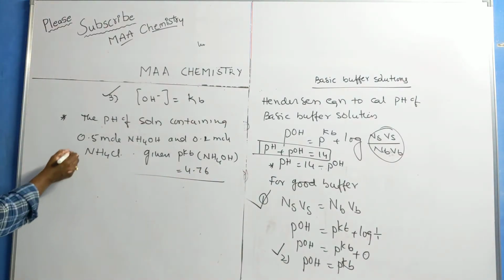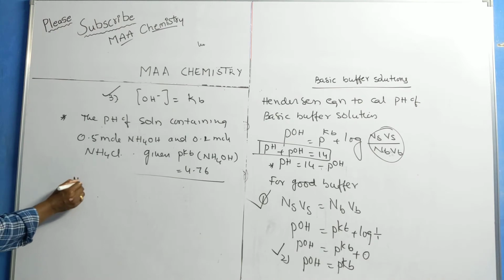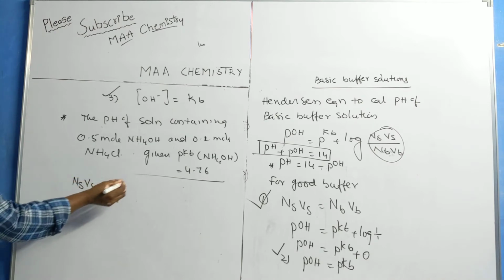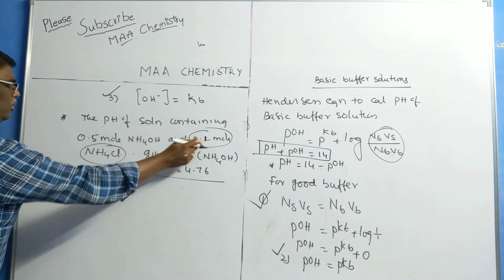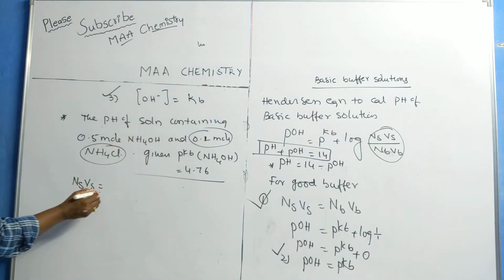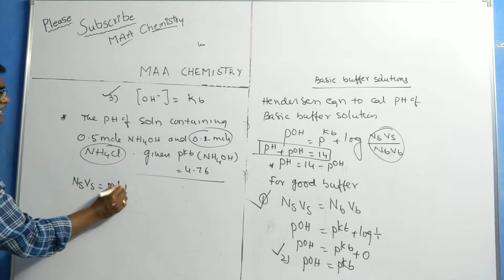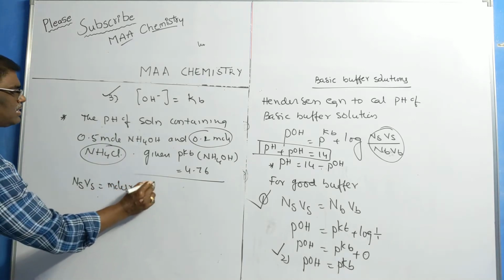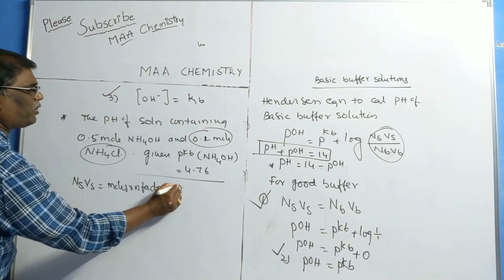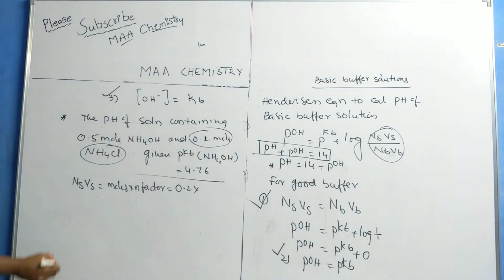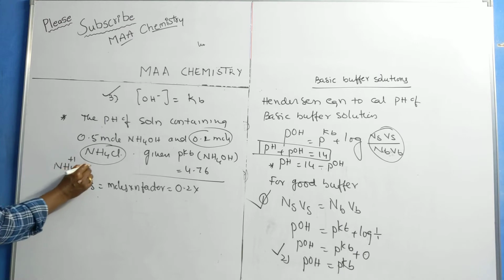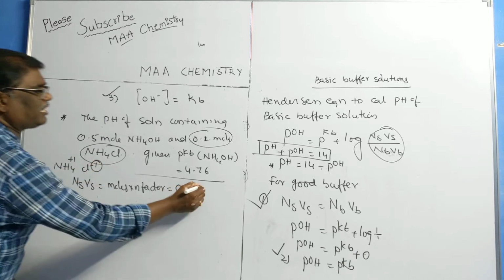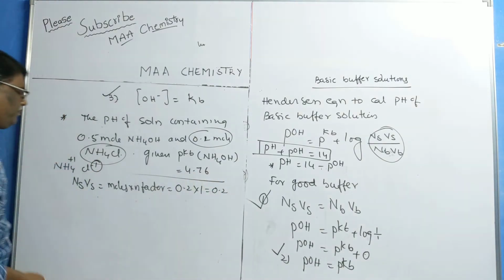First we collect the strength. Strength of salt is equal to, what is the salt? Ammonium chloride. So we have moles, we have to find out equivalent weights. So number of moles into n factor here. How many moles are given? 0.2. What is the n factor? You know, ammonium chloride splits into ammonium plus and Cl minus. So this is the n factor, so we have 0.2.